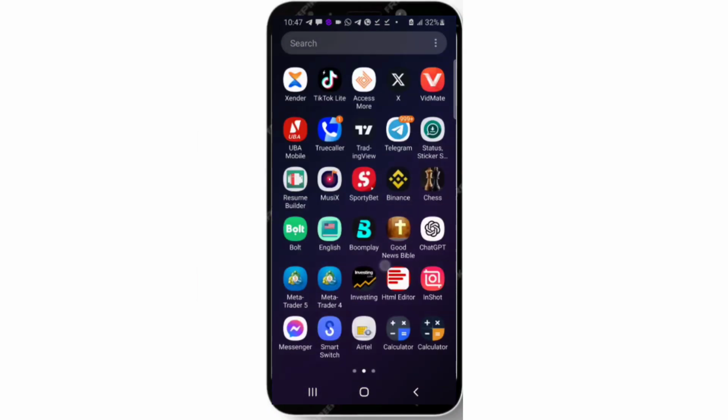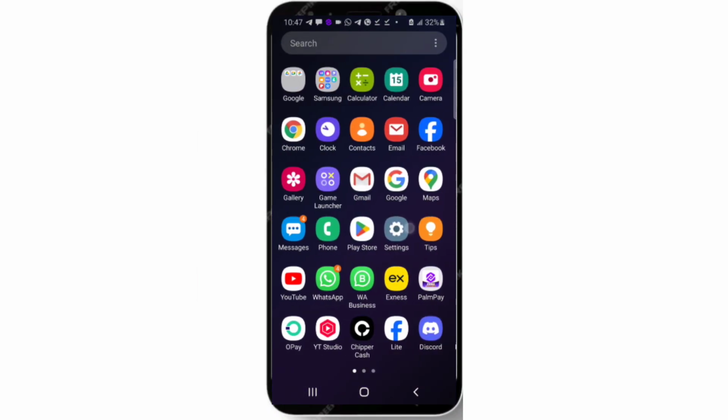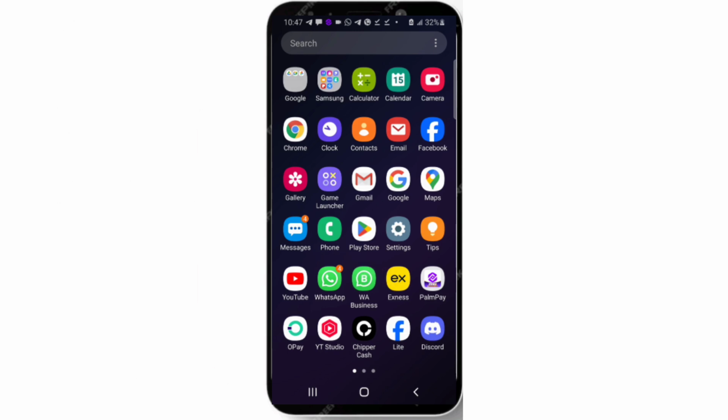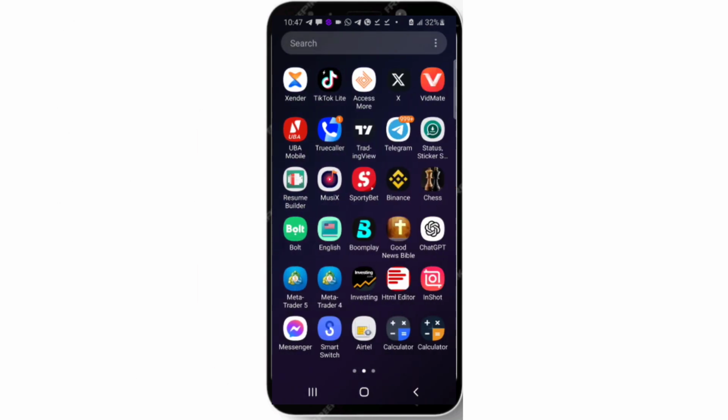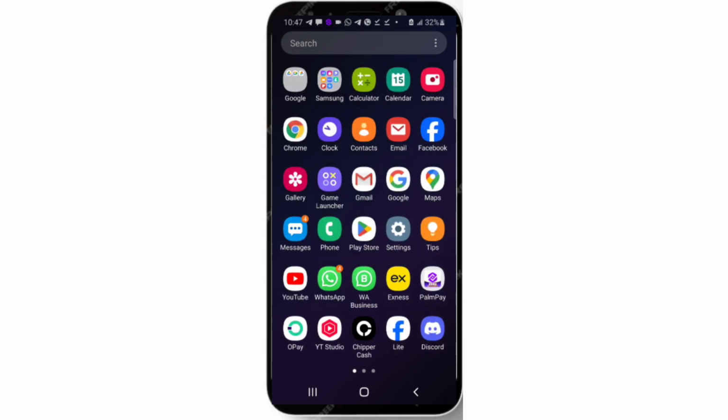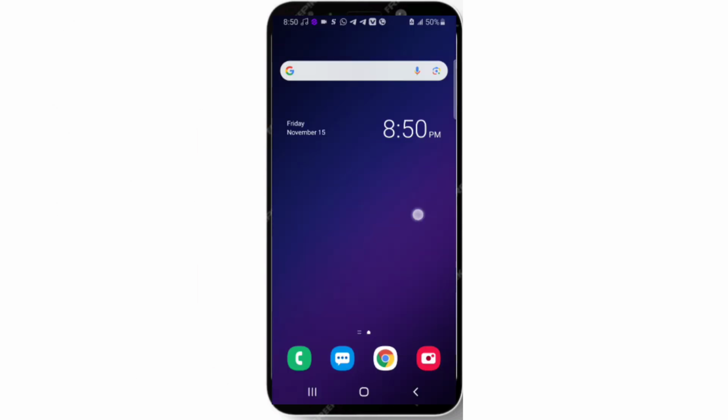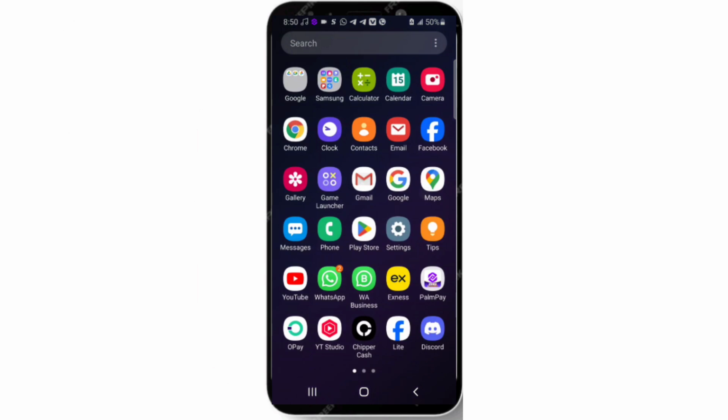So today we're going to learn how we can hide mobile apps, pictures, videos, audio records, and other files on a mobile device. For example, if you don't want some persons or anybody that gets access to your phone to access some of your apps, you can follow this step to secure your apps, your pictures, and so on. So what you need to do is head over to the menu section first,